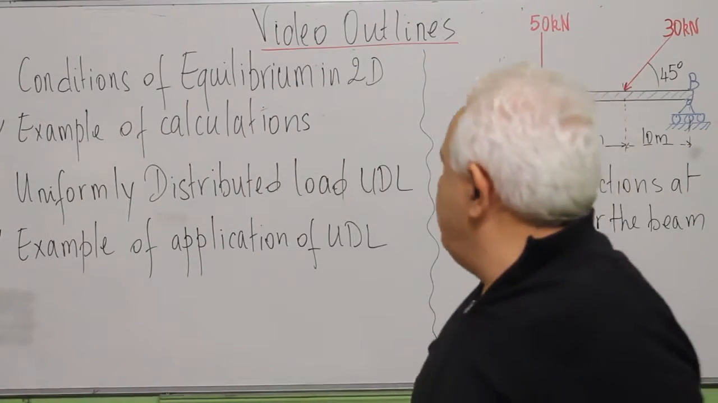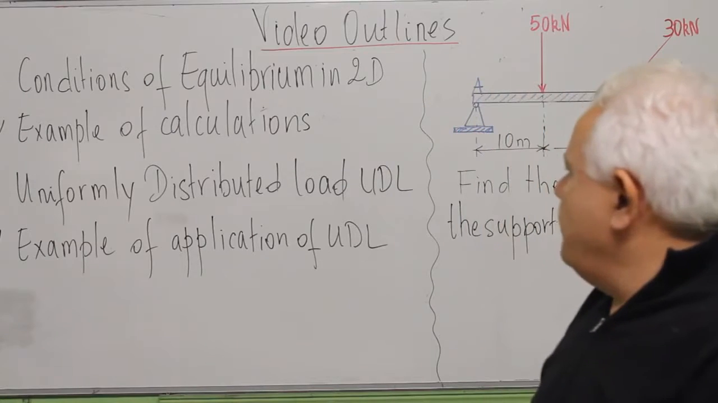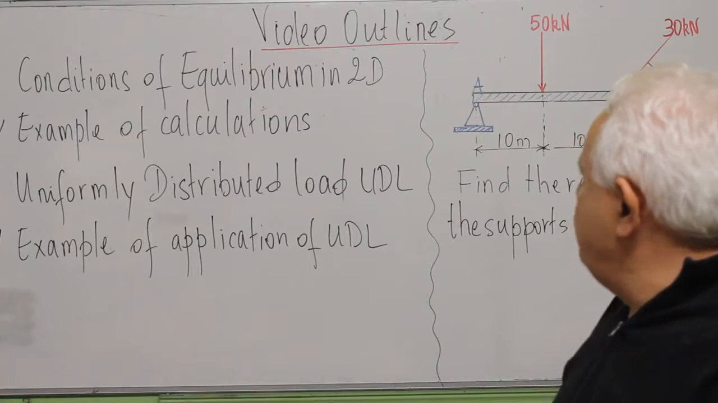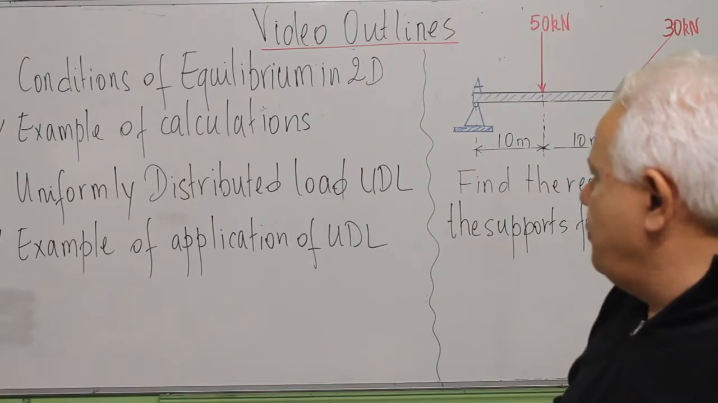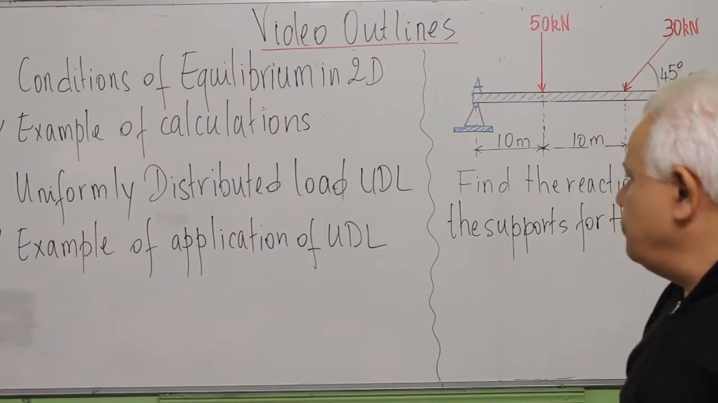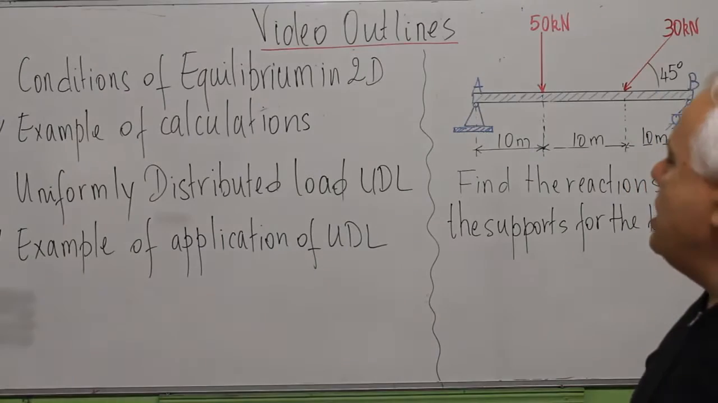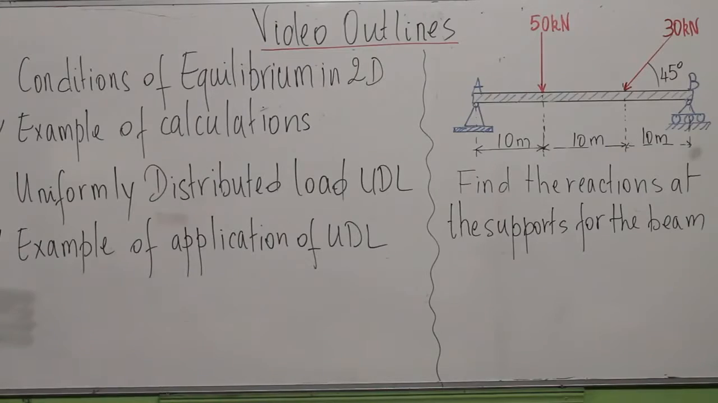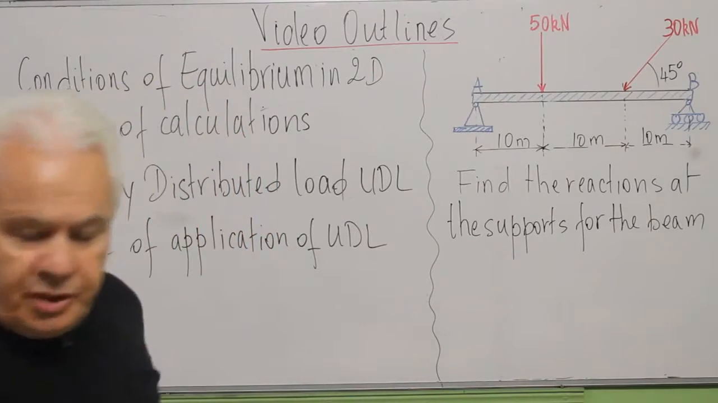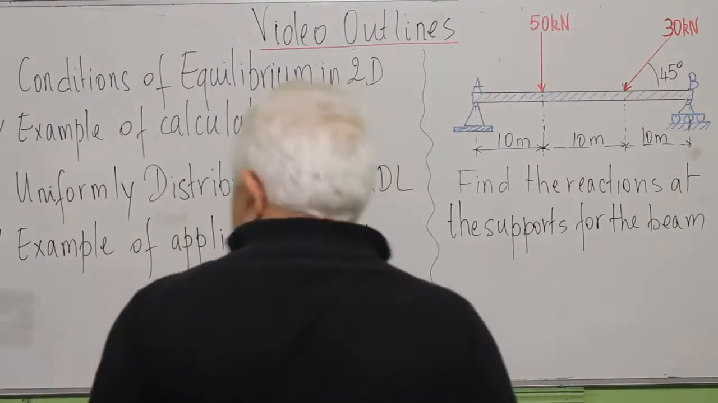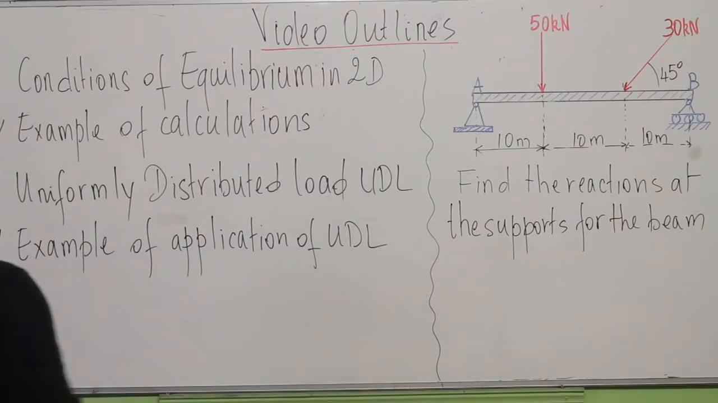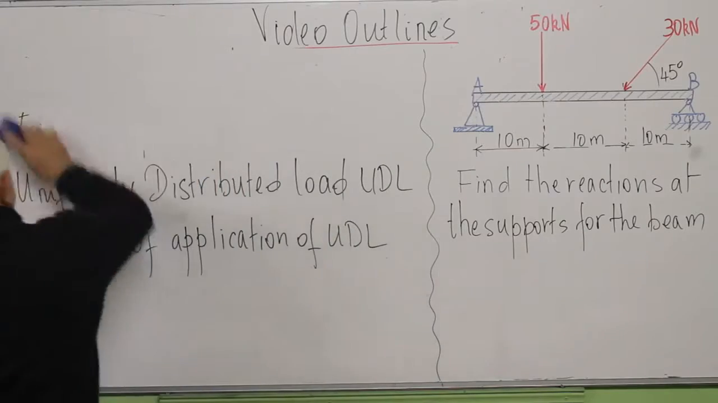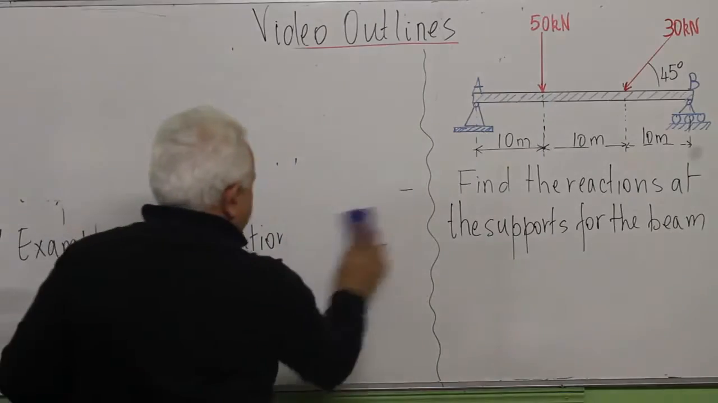Today's video is about the conditions of equilibrium in 2D configurations. Today I will be talking about the conditions of equilibrium, like I said, in 2D configurations, and I will give an example of calculations after. The condition of equilibrium in 2D, and it is also valid in 3D, but today's is only about 2D,